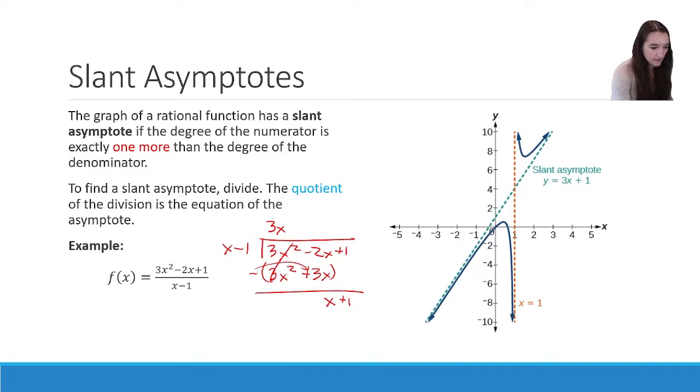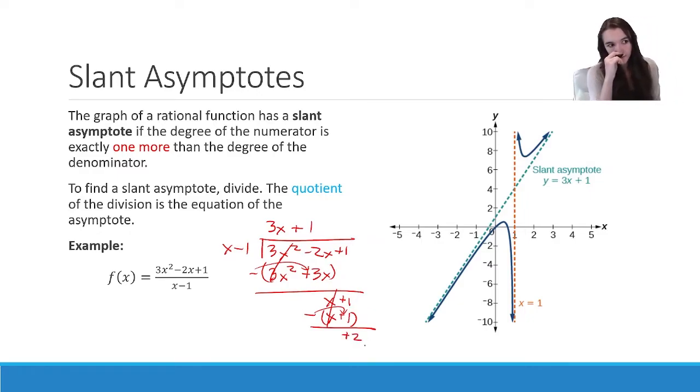Then x to get to x is going to be another 1. That'll be x minus 1. We're subtracting it off. Cancel. Distribute, so that becomes plus. So this will be a positive 2 in the end. But